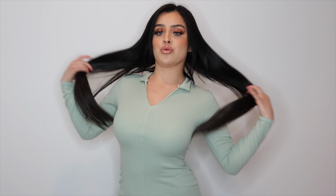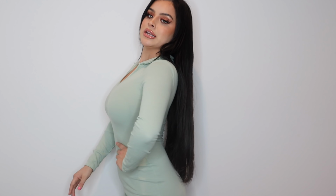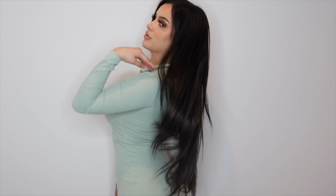So okay, this is the next piece right here. This one's a little bit more of a muted green dress, but I really love how this looks. It snatches you in, and it is kind of a tiny little mini dress. So I'm gonna show you guys right now what it looks like at the bottom. Even though this is a long sleeve, it's still very airy. I feel like I can breathe with it, but it still really takes you in, and I love that about it. Also, this little detail right here, the collar and the v-neck, just really makes the girls look